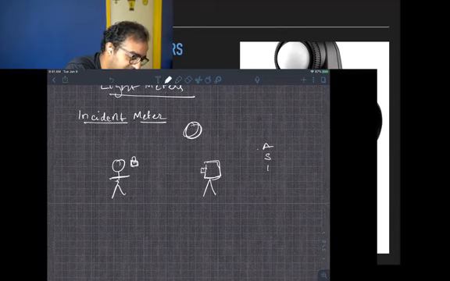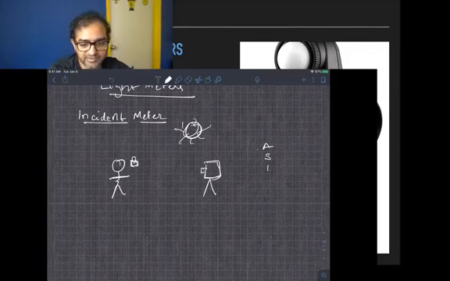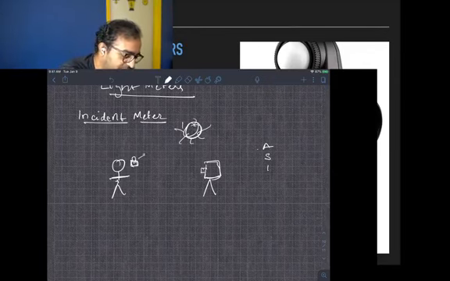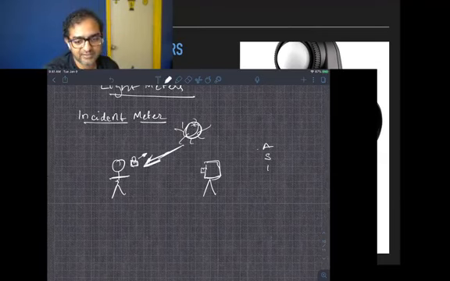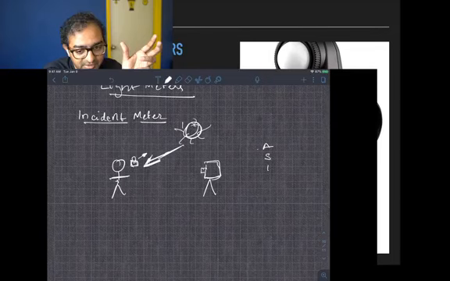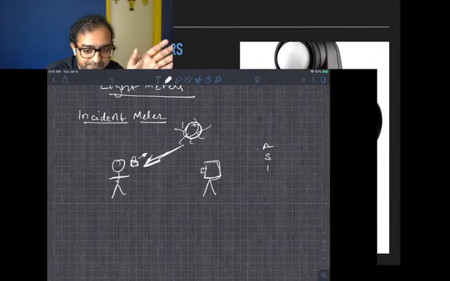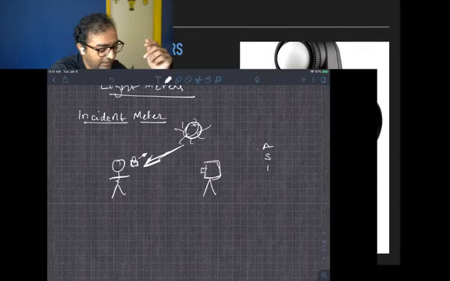Here's the sun. So the incident light meter has to be pointed towards the light source. So the incident light meter is pointing towards the sun, and it is actually measuring the light falling on the subject, right? Remember this, it's measuring the light incident on the subject. So that's an incident light meter. An incident light meter must always be pointed at the light source, not at the subject. The light meter is not pointing at the person, it is pointing at the sun, right?